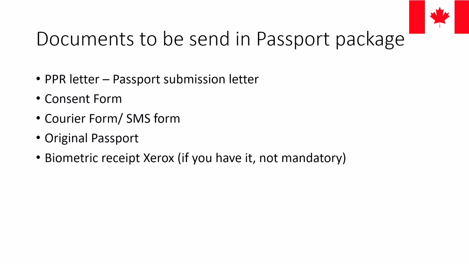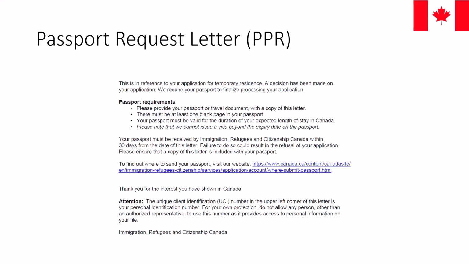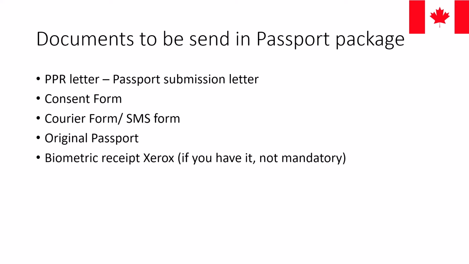So these are some of the list of the documents that you need to send in your passport package. So the first thing that you need to send is your passport submission letter. This is the PPR letter that you have to send. Then you need to take a print of the consent form that is being attached. Then you need to print your courier or SMS form, that is the third form which you need to send